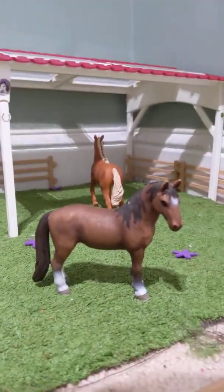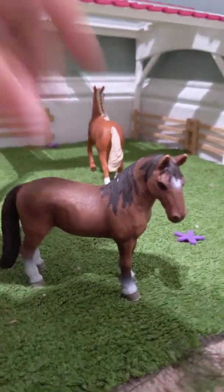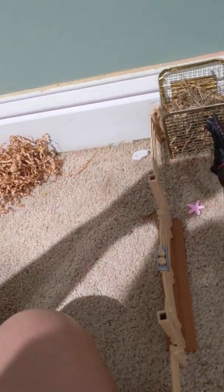And this way we have Juliet, and she is also a Tennessee Walker mare. She is an off-brand Schleich. See, I don't think I see a Schleich on there. Yes, I do. Okay, never mind, she's not off-brand. So she was just looking in the arena. Back here,